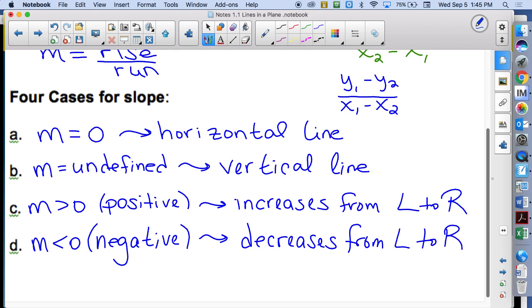So it decreases from left to right. So those are the 4 situations for slope, cases for slope, options for slope. I don't know, maybe the word cases isn't a good word. Questions? How are we doing those? Anybody get 2 and 4? Yeah,